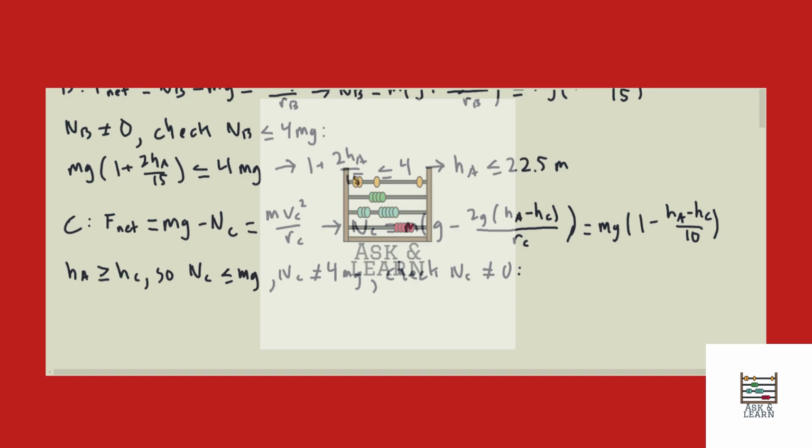So we'll get that 1 minus (h_A minus h_C) over 10 equal to 0, and that's what we do not want. So h_A minus h_C should not be equal to 10, right? So we do not want our h_C to be equal to h_A